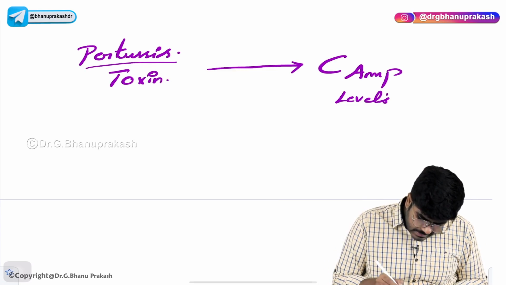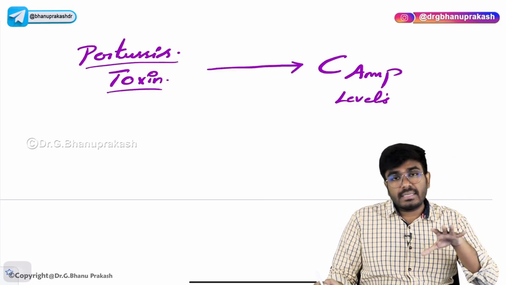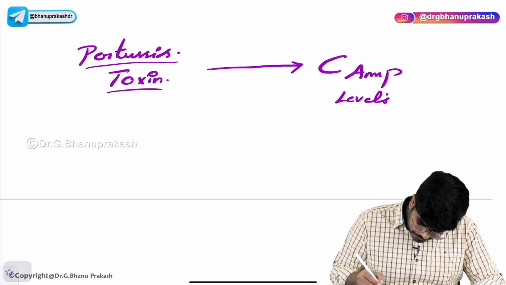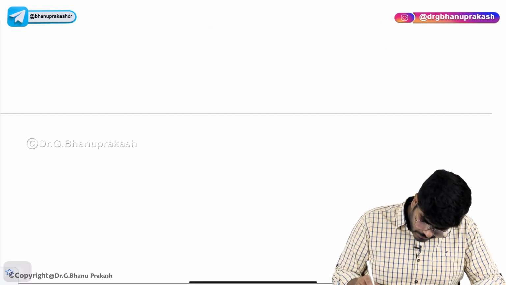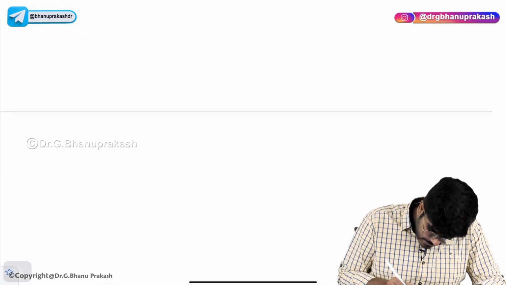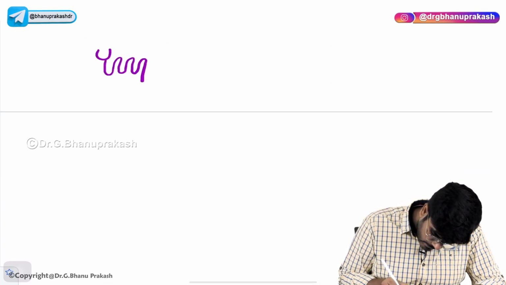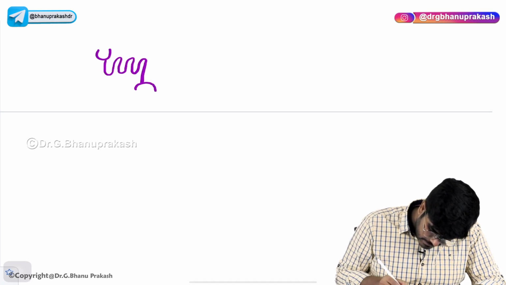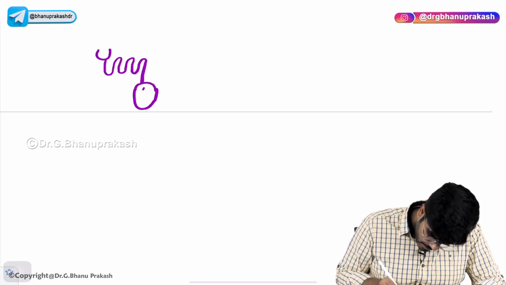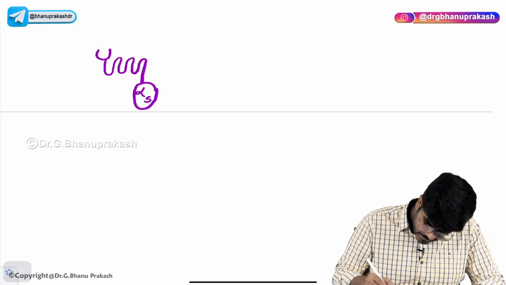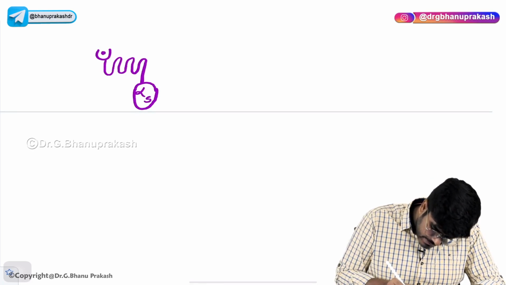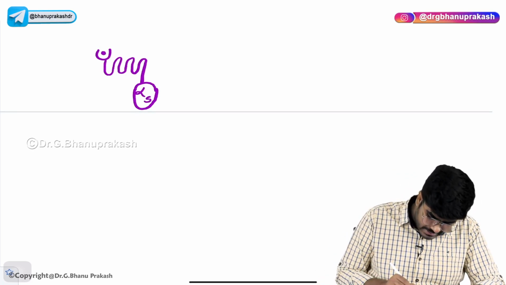Normally, cAMP levels are increased by, let me show you here. Normally what happens? Whenever you stimulate a serpentine receptor, see here is the alpha stimulatory component. Whenever you stimulate this receptor, the 7-pass receptor,